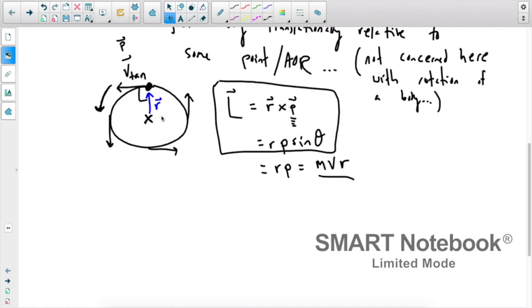Let's look at another example. As I said earlier, it's clear why we would want to call this angular momentum. This point particle is never truly rotating. It's always moving translationally, but it's part of a rotational system. So this is one perspective we could take then on